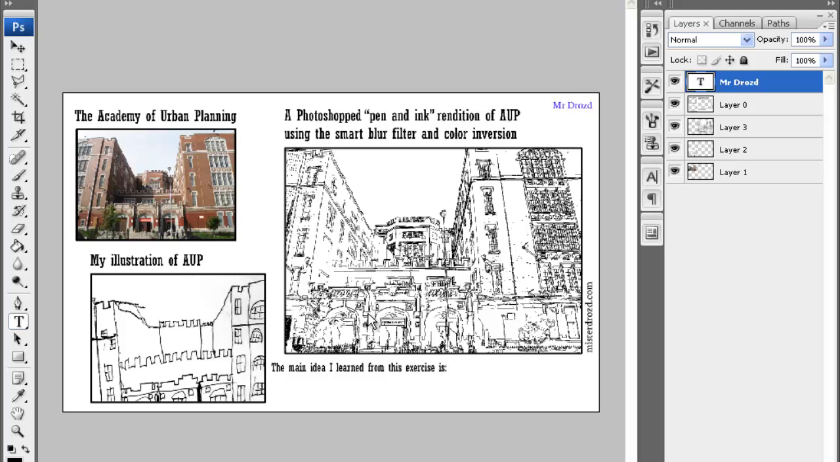I'm looking forward to your work. You're going to submit it to me into the blog, save it as a JPEG. Let me know if you have any